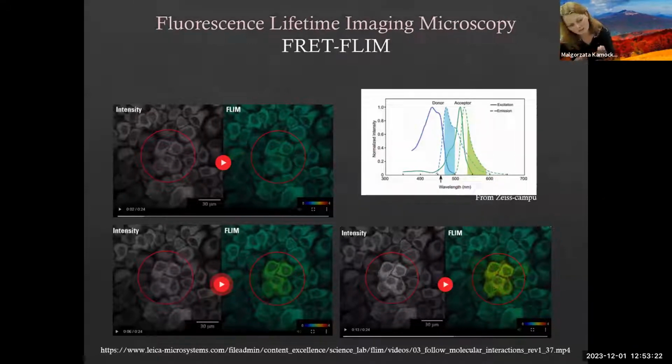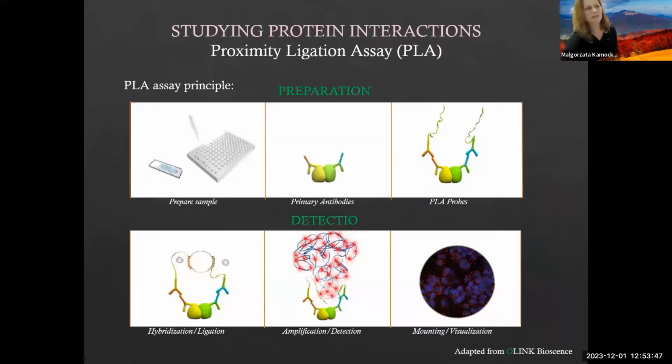And also FRET changes fluorescence lifetime. So the donor's fluorescence lifetime becomes shorter. This technique is actually very nice because we can image only the donor and look at the changes of fluorescence lifetime of the donor. We don't even have to think about imaging an additional acceptor or doing any type of ratio. Then we have the proximity ligation assay, which is another technique which allows us to look at the interaction